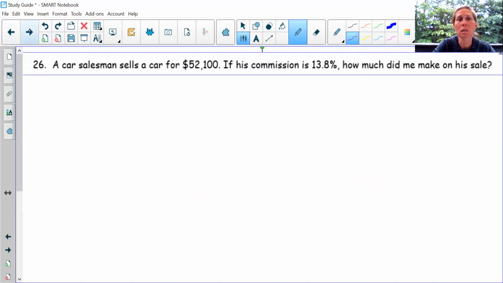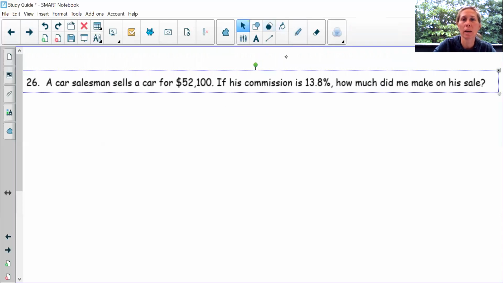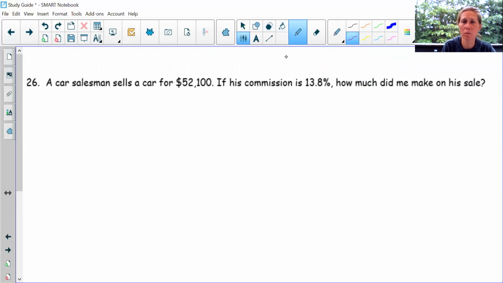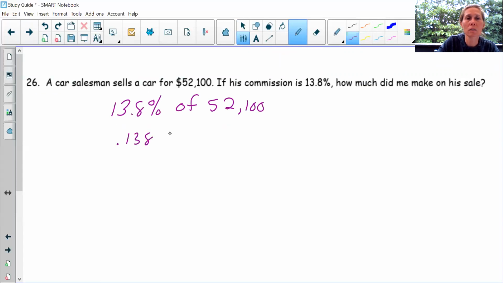26. A car salesman sells a car for $52,100. If his commission is 13.8%, how much did he make on his sale? All right, number 26, here we go. So a car salesman sells a car for $52,100. His commission is 13.8%. So I have to take 13.8% of $52,100. Got to move my decimal twice, so it'll be 0.138 times 52,100 times 0.138 gives me